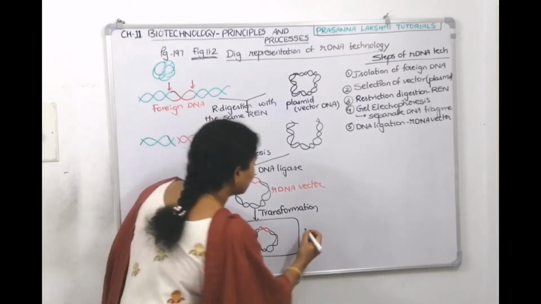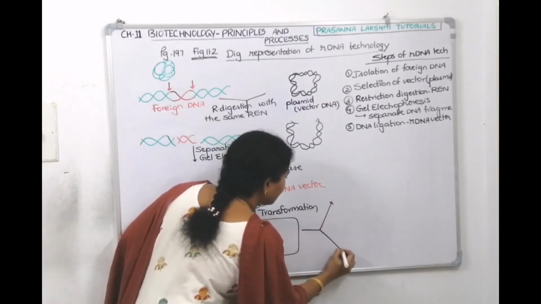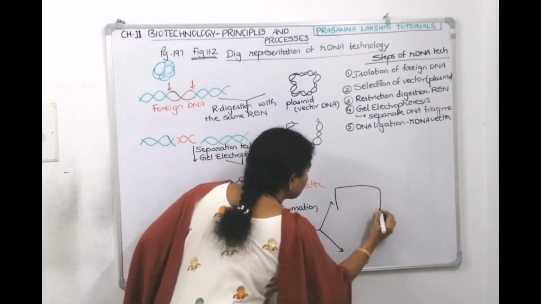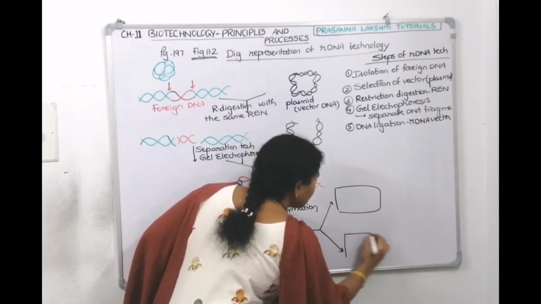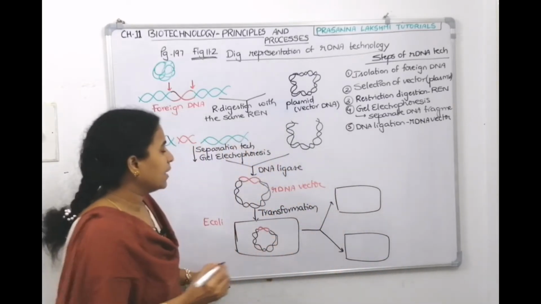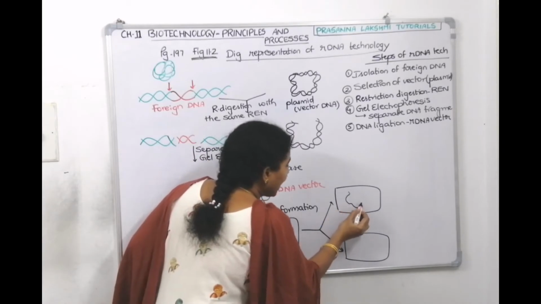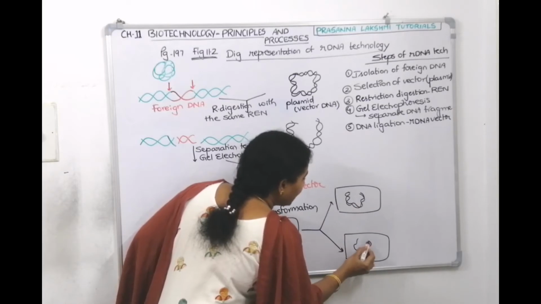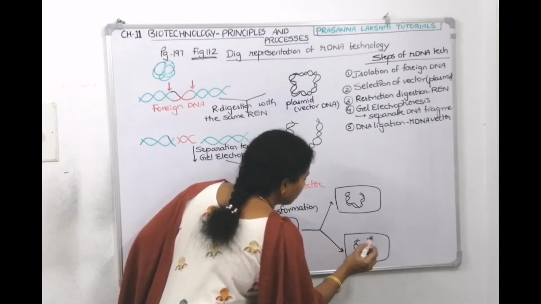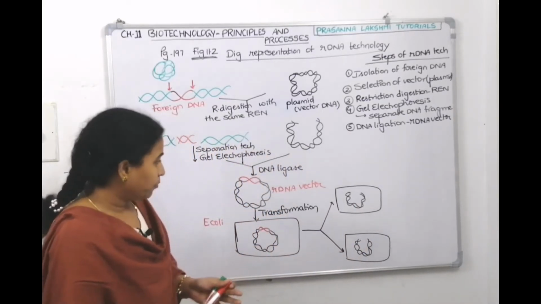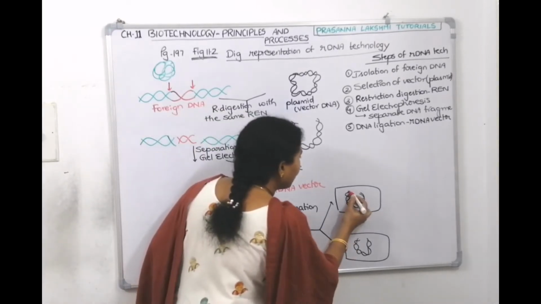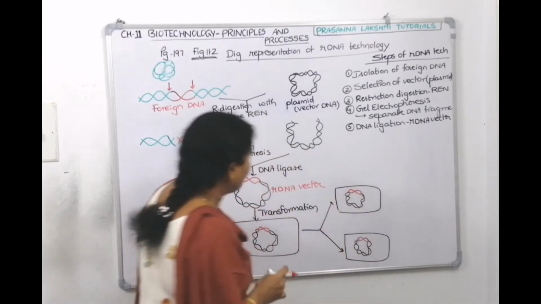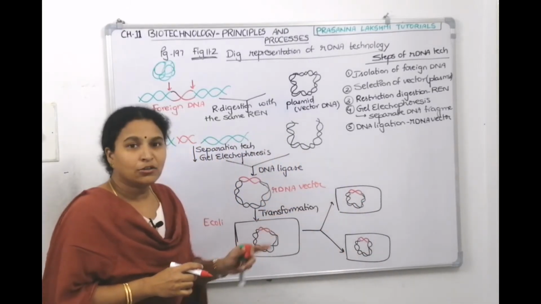After 20 minutes, this bacteria will do binary fission and make 2 daughter cells. In the 2 daughter cells also your DNA gets multiplied, meaning it is inherited into the daughter cells. Means the DNA is getting amplified. The DNA you have given is getting amplified and sent into the daughter progeny also. So whenever the bacteria multiplies, your DNA also gets multiplied. Here you had 1 copy, now you have 2 copies.